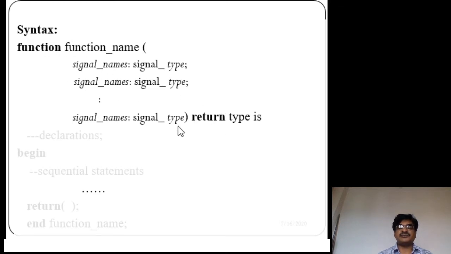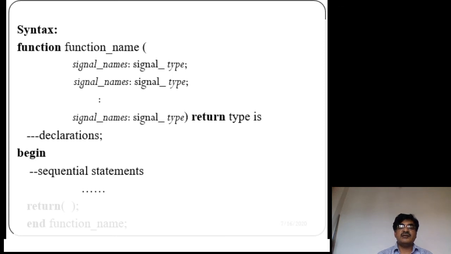This is the first line. After that the declarative part starts. Like the architecture body, here also we have two parts, separated by the word begin. Before the begin, the area is the declarative area, but after begin, the area is the statement area.